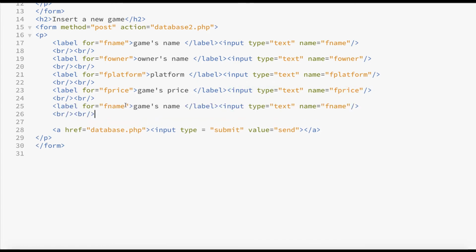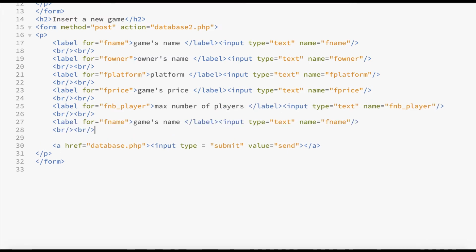Later on we had number of players, number player, here number player, and here I have maximum, max number of players, and lastly we have comments.